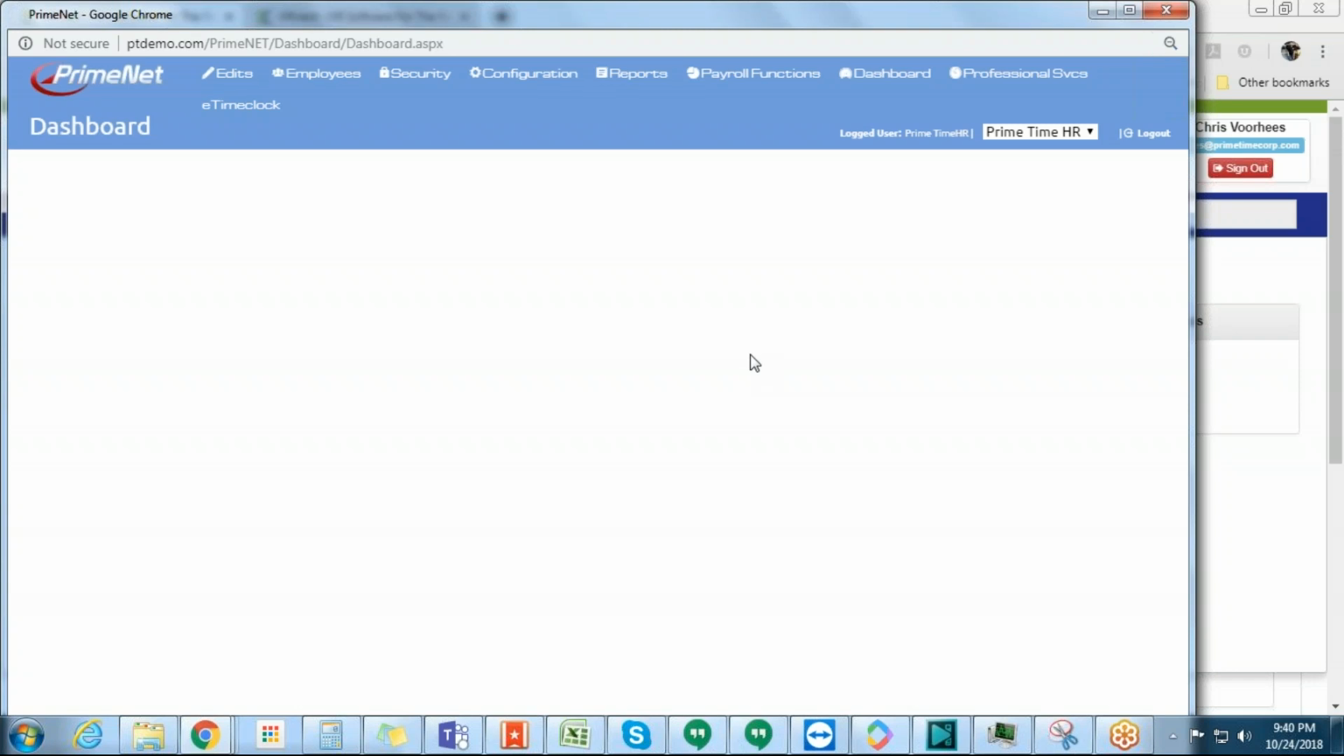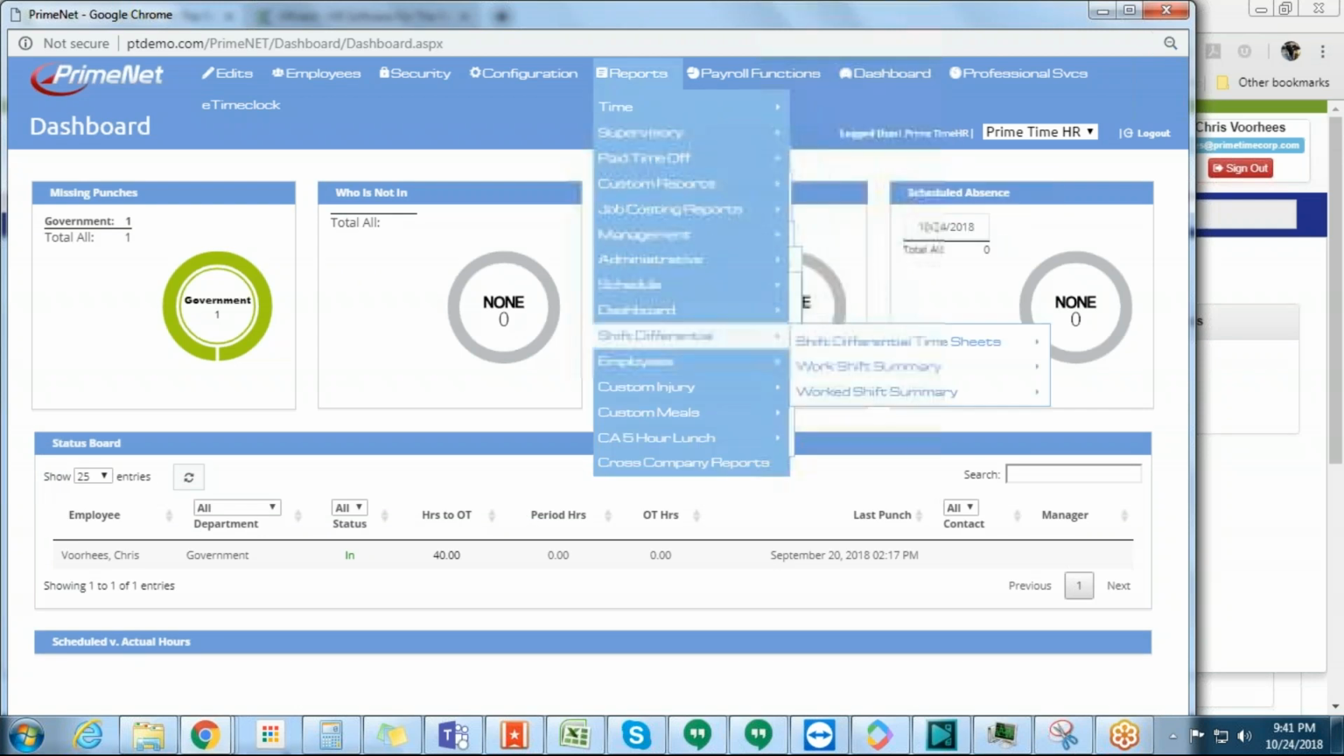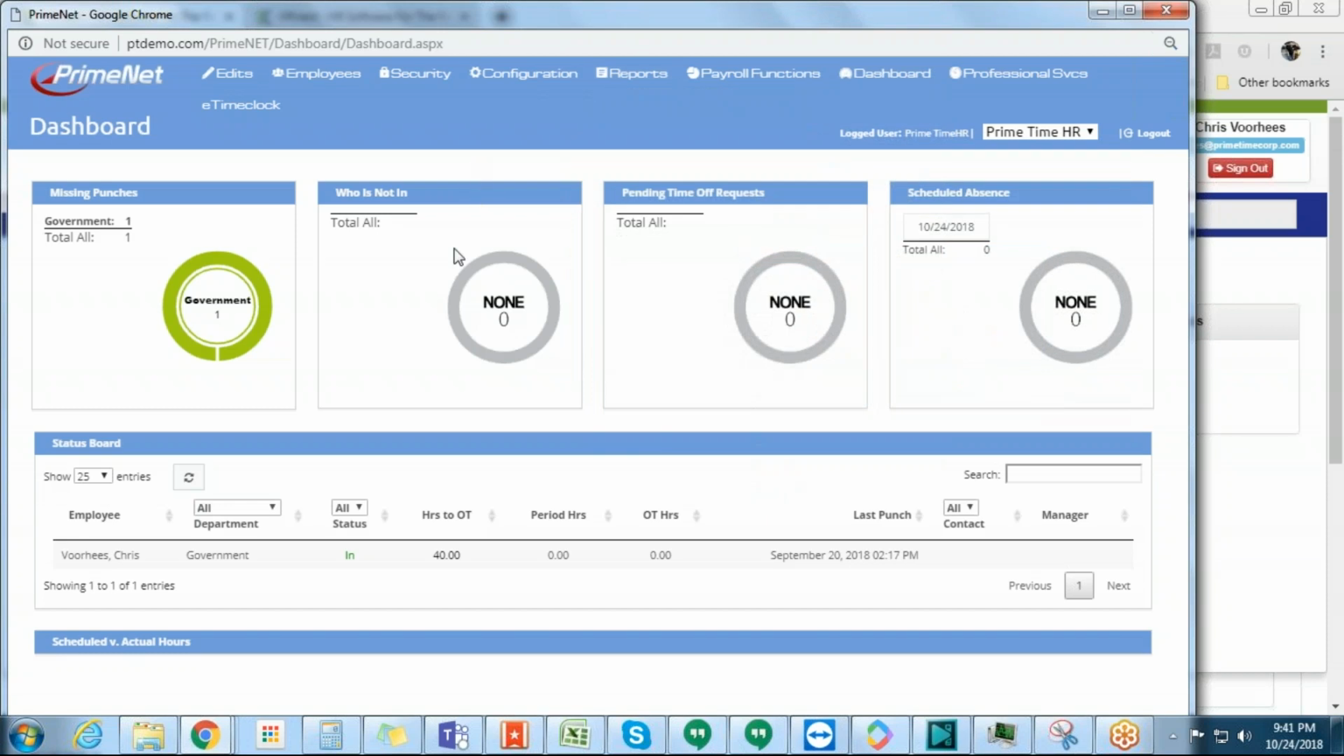And then that's going to take them right in to the dashboard of the time and attendance, to where they can take a look at any PTO requests that come up, any missing punches in their department, who's not in. They can go through and run their reports from here if they need to do any of that. I can see the status board, the employee who's in, the number of hours they have left to overtime, all those different things in here within the time and attendance. That makes it really easy